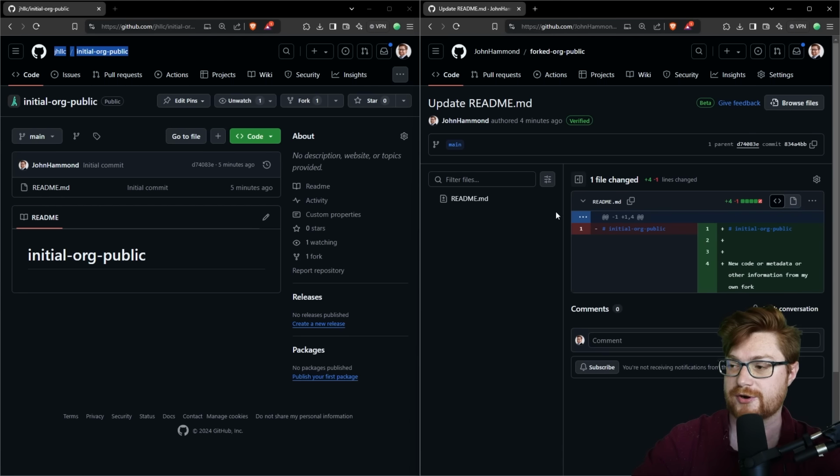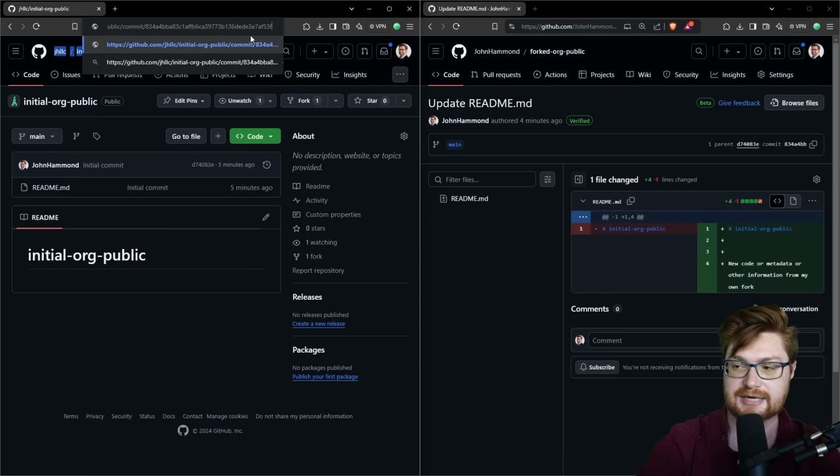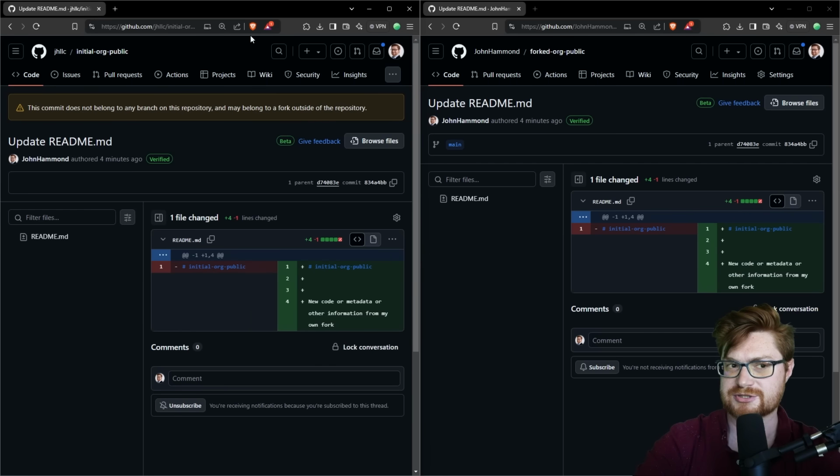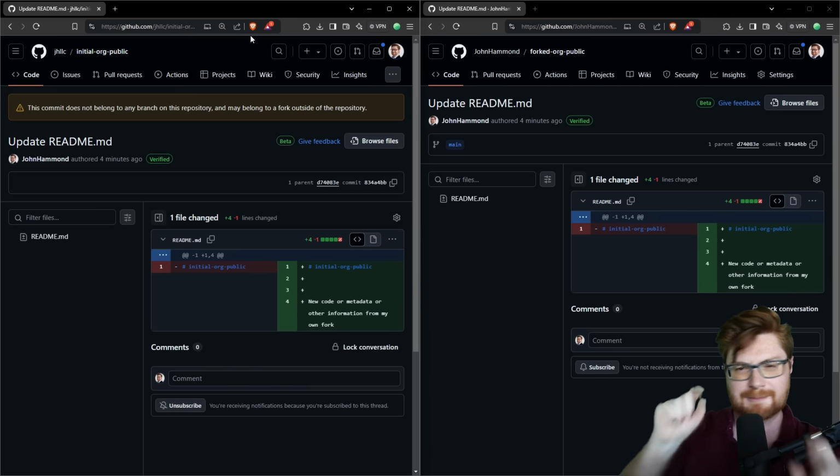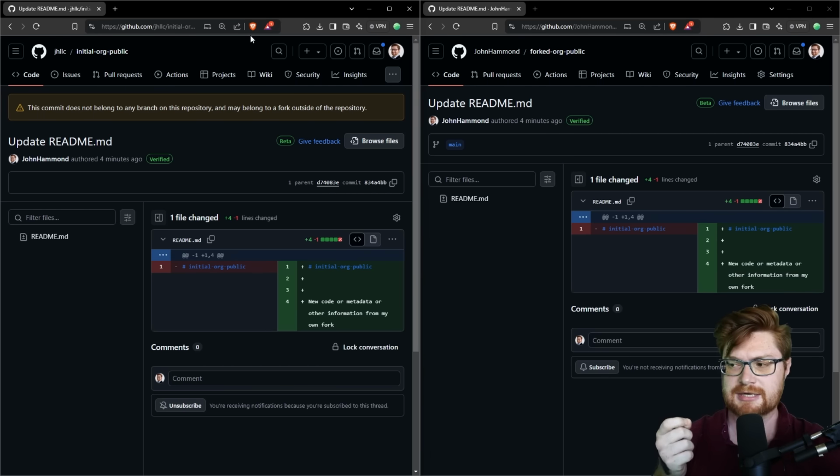Once I hit enter here, it tells me about the changes that I made, that actual modification. Bringing this over to the left-hand side for the initial repository, it's not going to be included there. At least it shouldn't be, but it is, right? Because it's a commit that's from a fork of that repository, but not specifically that repository. At the very least, it's still accessible and visible though.